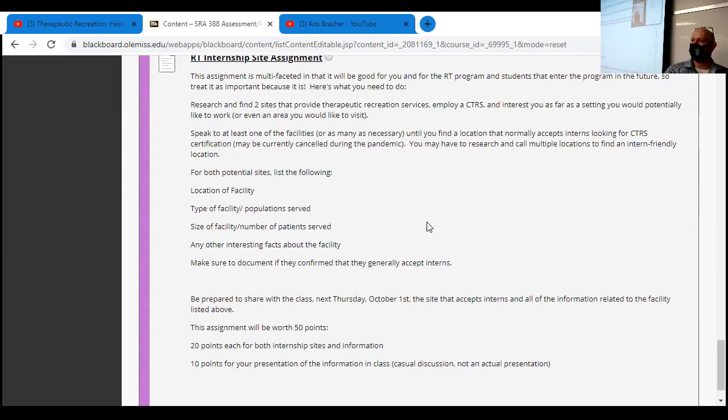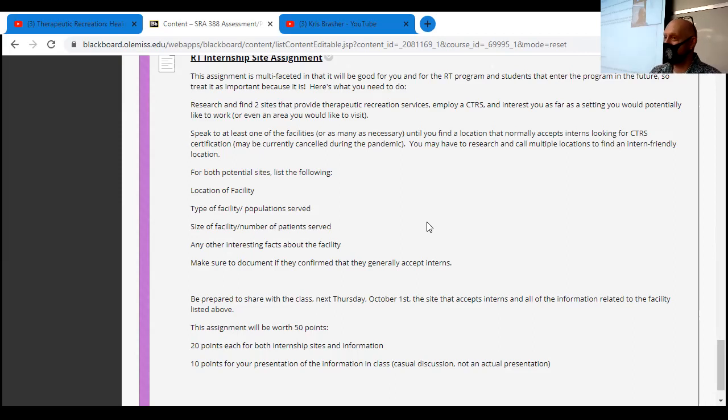There's a couple reasons I wanted you to do this. I want you to remember that networking is important, and not being shy about reaching out and finding answers to questions is important, and realize that not everything is just going to be handed to you. So when it's time for an internship, the best thing for you to do is to find a place that you would actually see yourself liking to work. Because if you go in there and you knock it out of the park, you might get a job there. And you want it to be at a place you like, location as far as geographically, possibly.